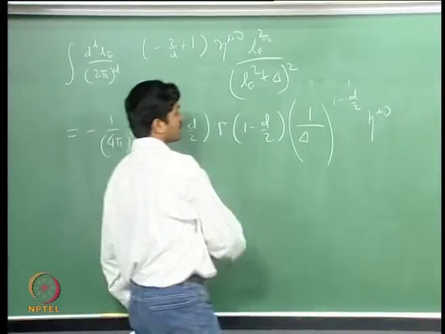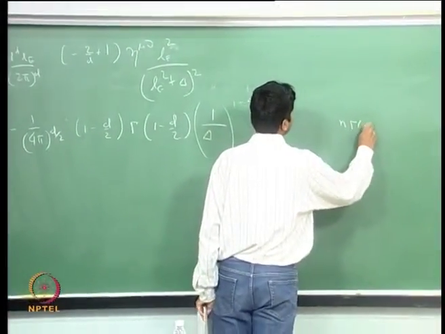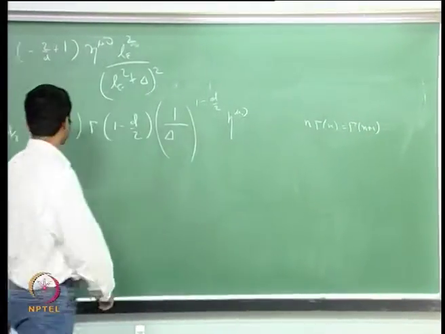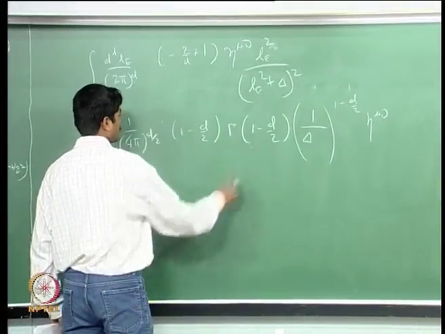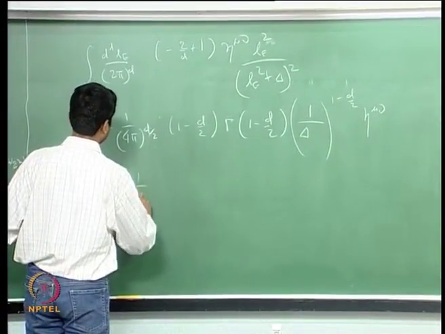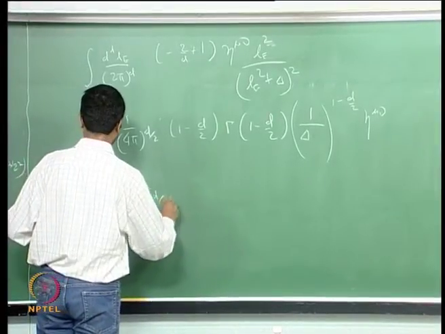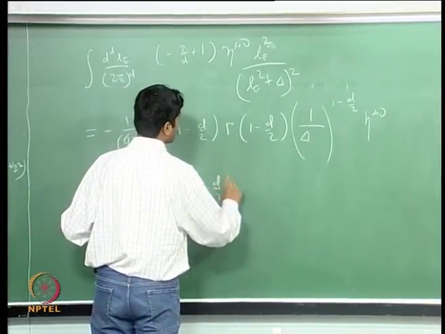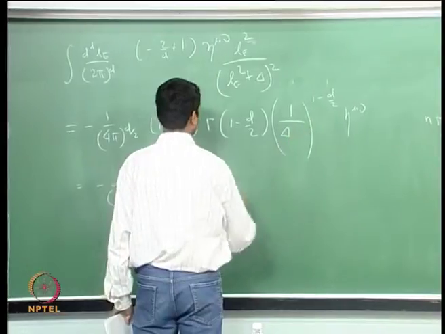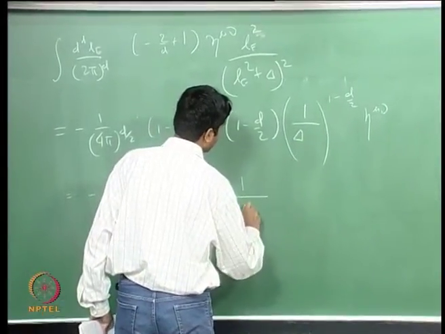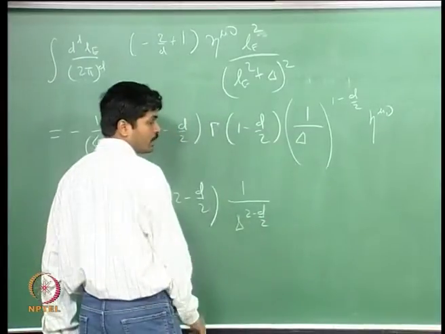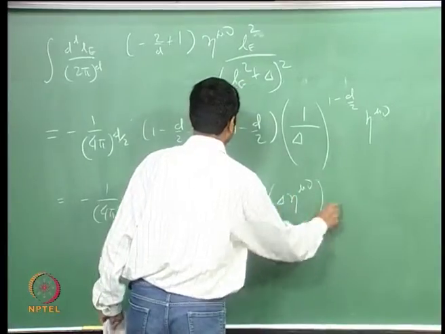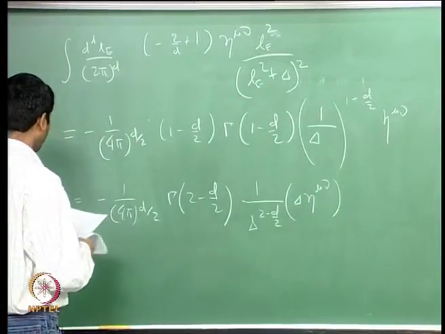Now, what we will use is the relation n gamma n equal to gamma n plus 1 to write it as minus 1 over 4 pi to the power d by 2. This will simply be gamma 1 plus this, which is gamma 2 minus d by 2, and here if I write delta to the power 2 minus d by 2 in the denominator, then what I will get is eta mu nu times delta,